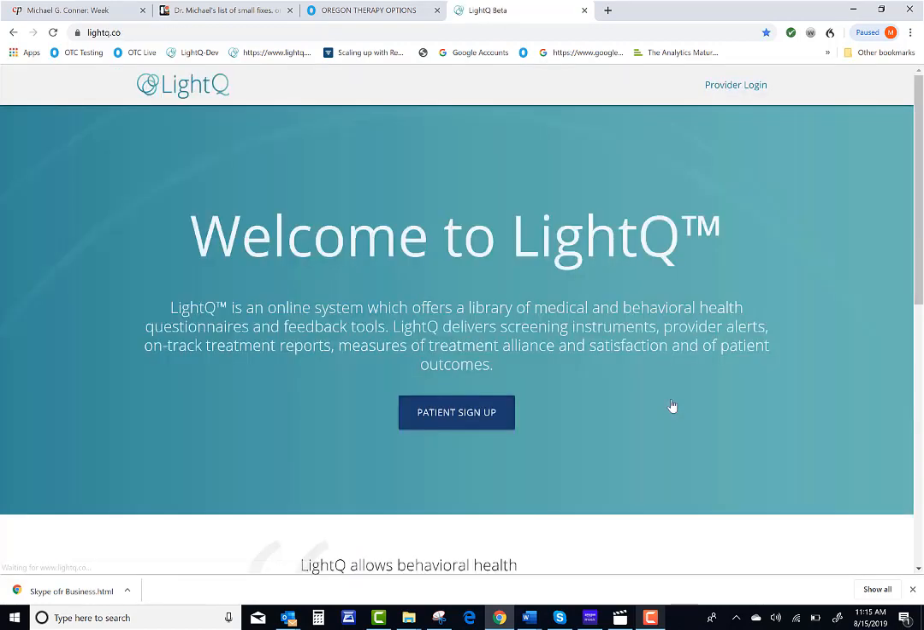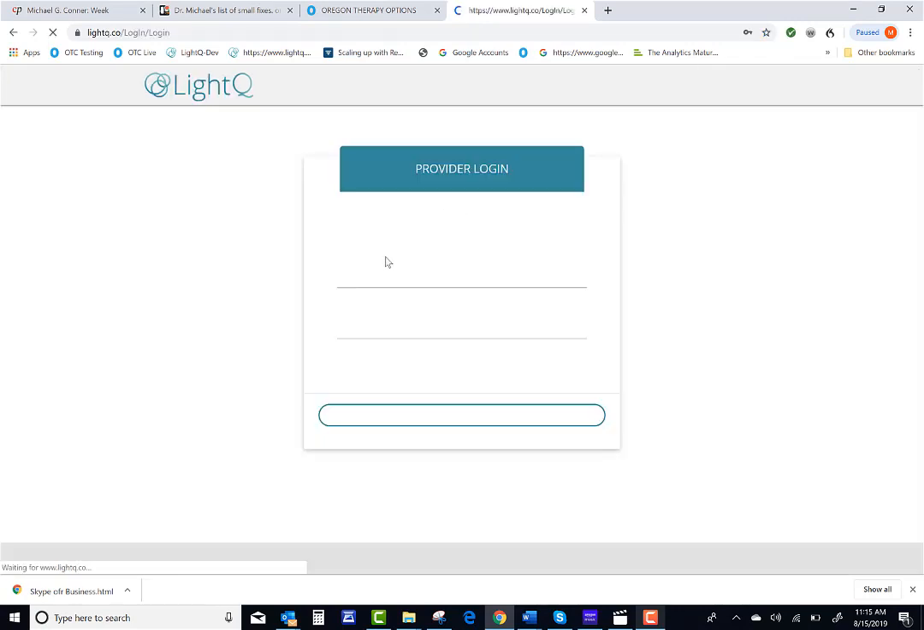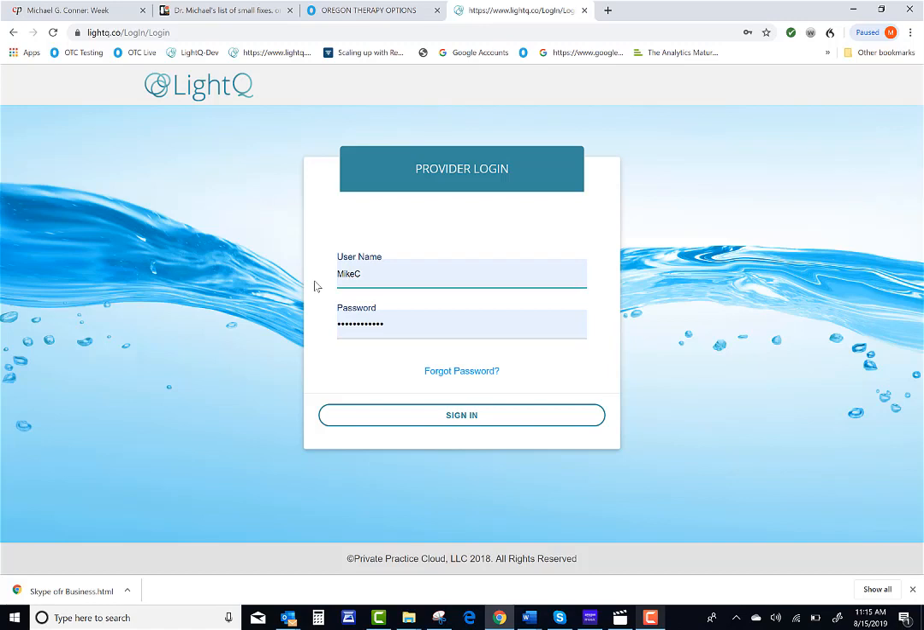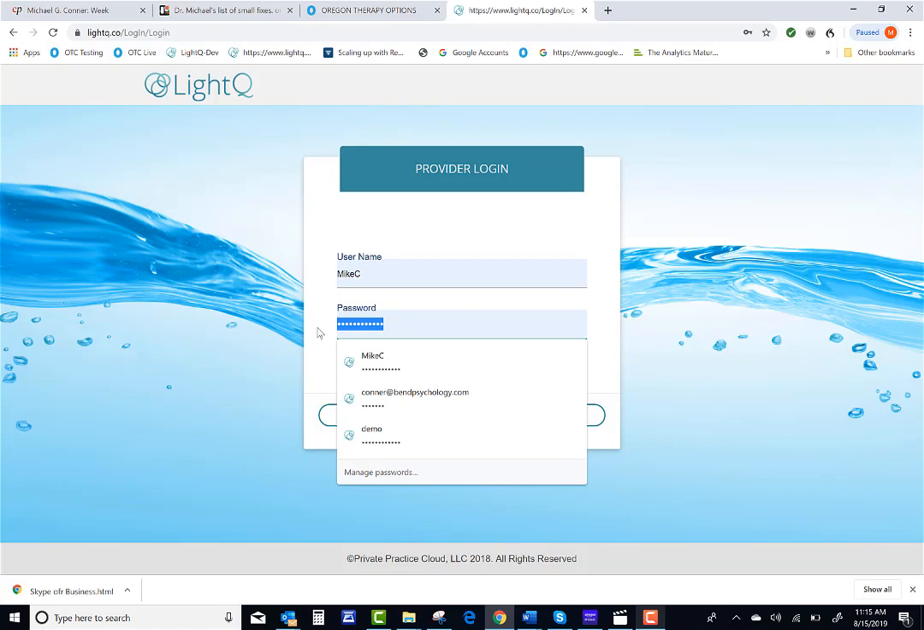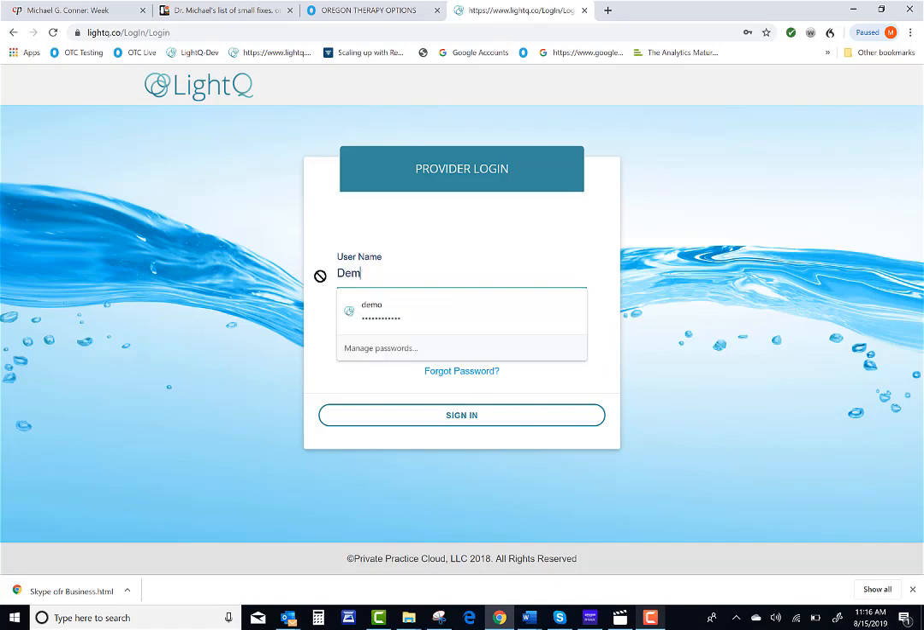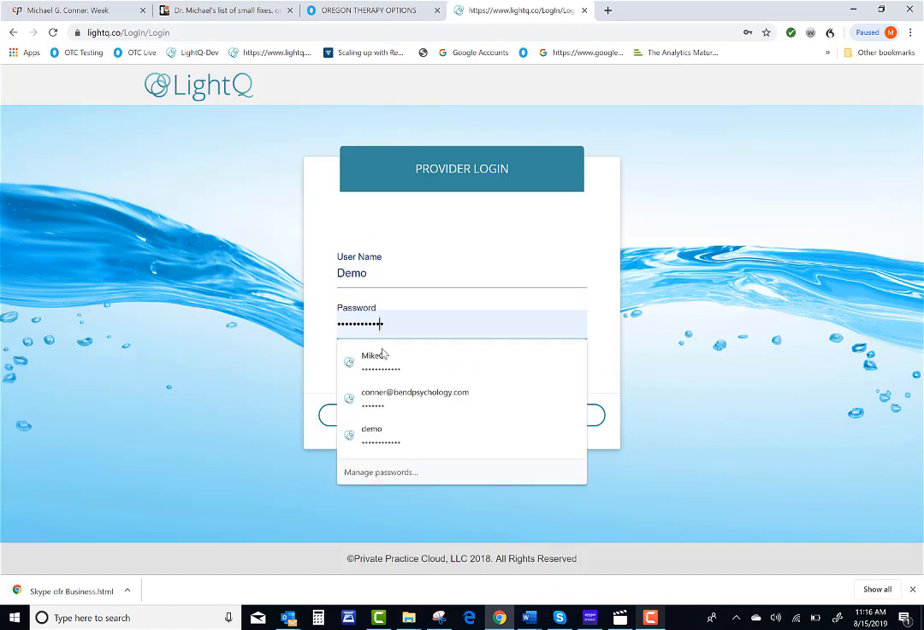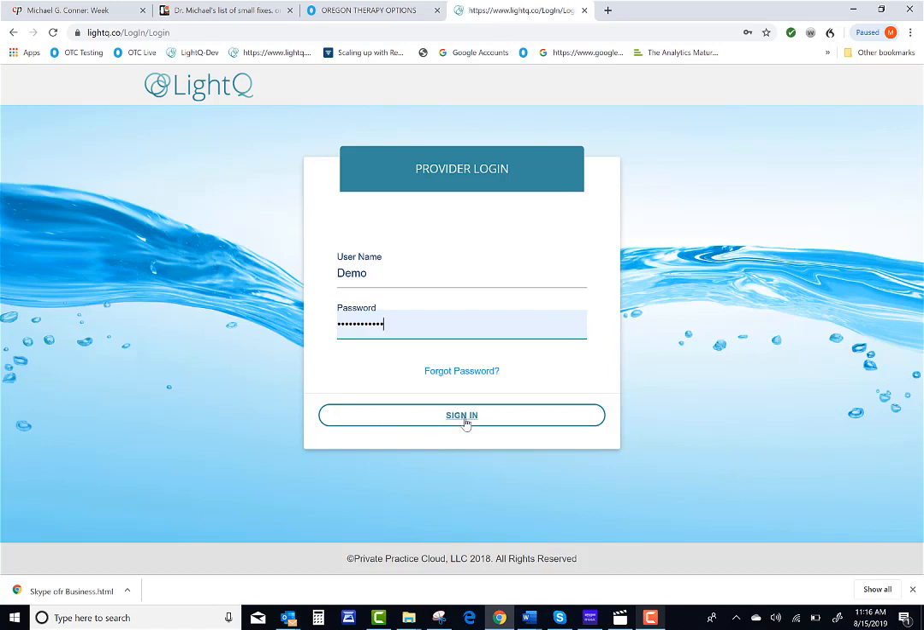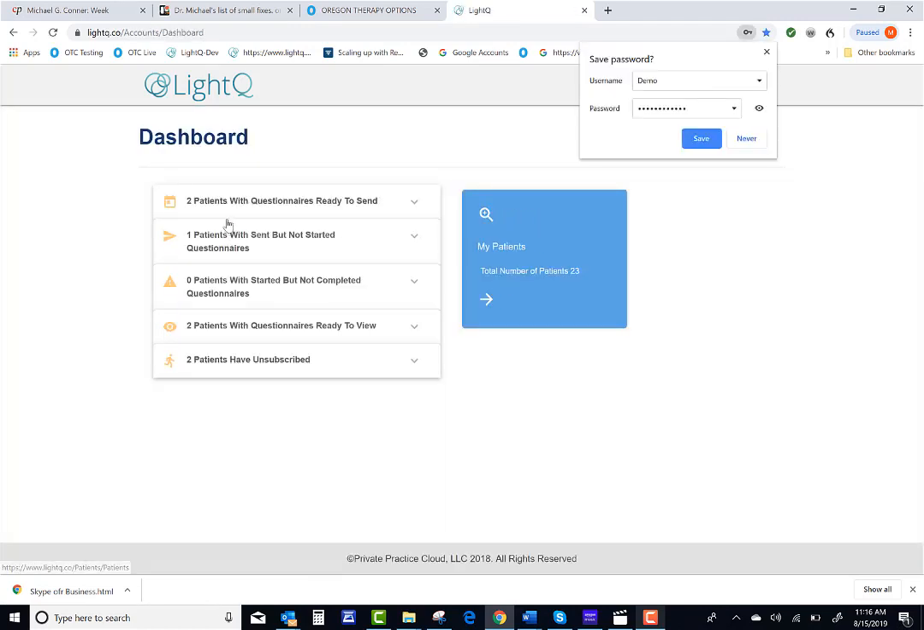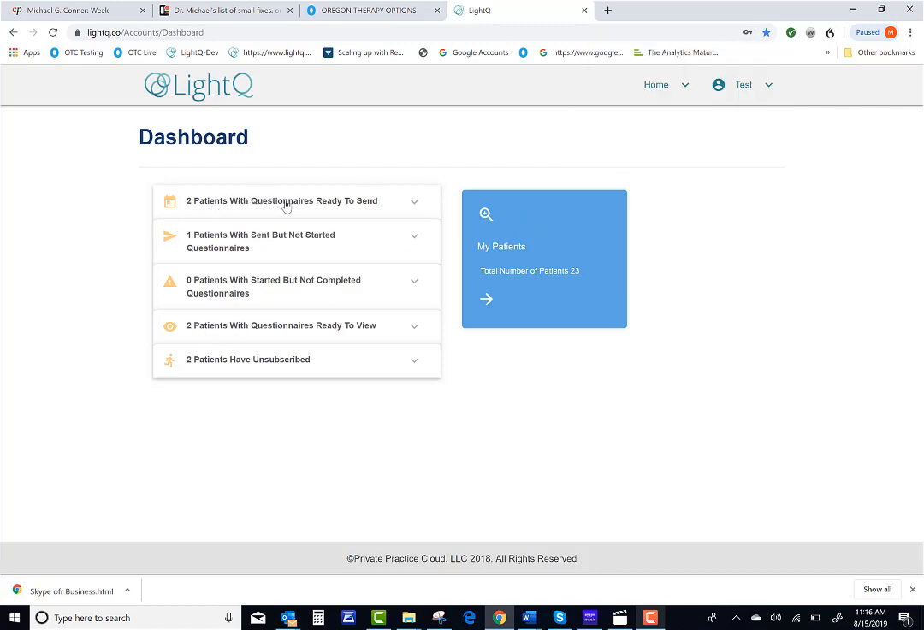So now I'm going to log out. And now I'm going to log in again using a demo account. Actually, we can just do it this way. The demo ones I keep... no, that may not work. Let's see. Oh, got me in. All right, so you can see in this demo account, I have 2 patients with questionnaires